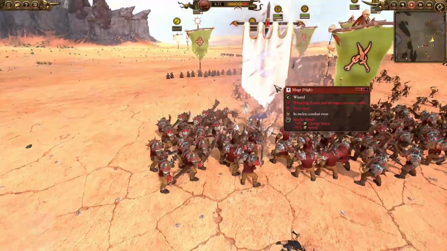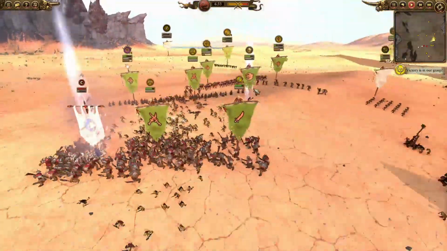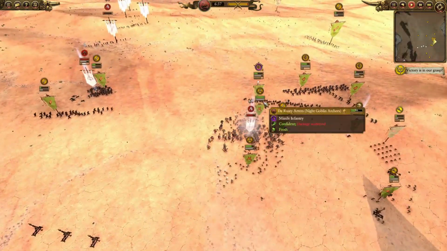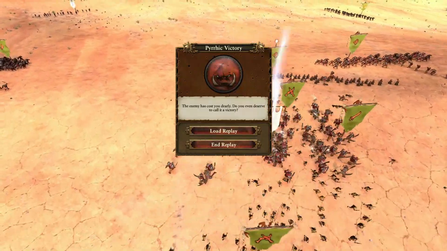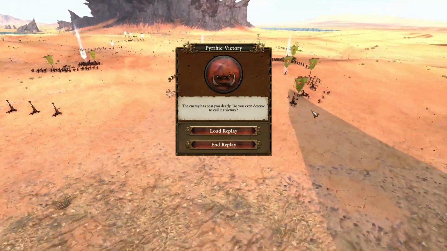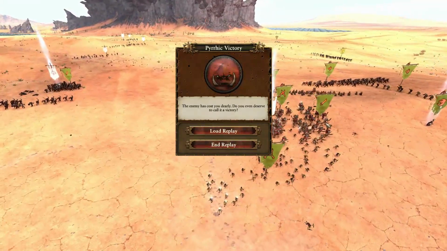I think the biggest difference between a decent and the best Greenskin player is probably the use of Nasty Skulkers, as they're just such an effective unit. The ability to stop people is, I think, they're probably one of the best units on the Greenskin roster, but let's see how my units do in terms of